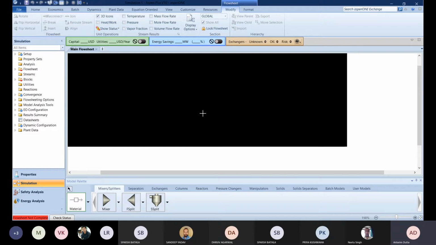If you are having a single input and single output, which is not possible in the case of a mixer, because in a mixer, if you don't have two streams to mix, then there is no application of a mixer. That means we will have at least two streams that we are going to mix, and we will get one output accordingly. Okay, so since we are working with a mixer, we are going to have at least two streams.